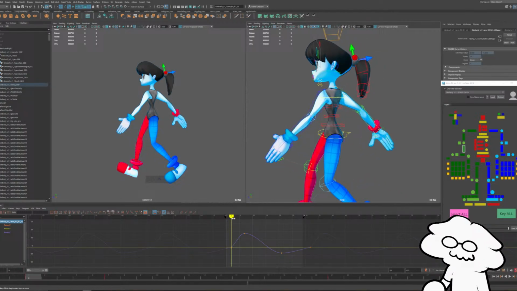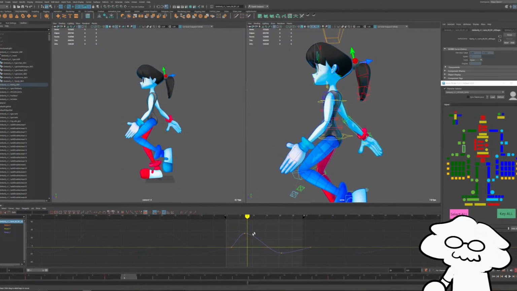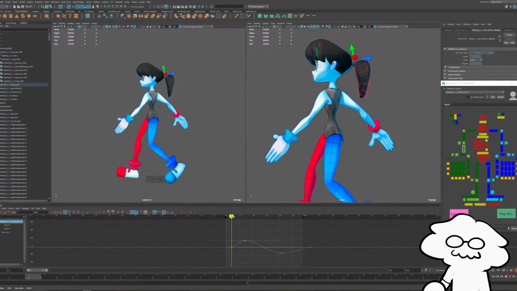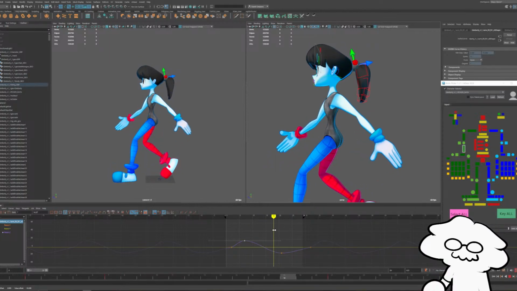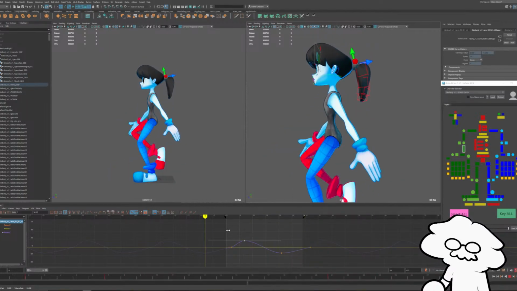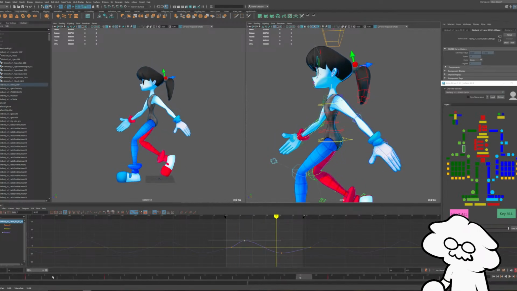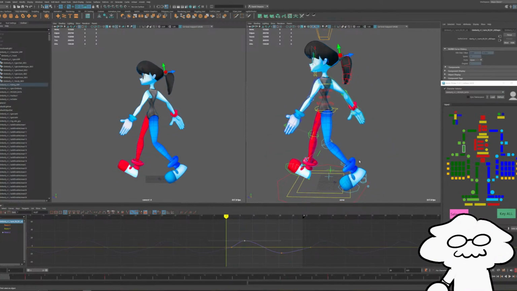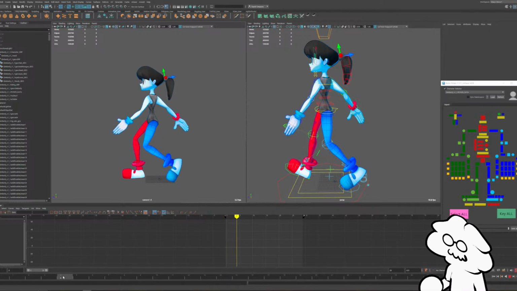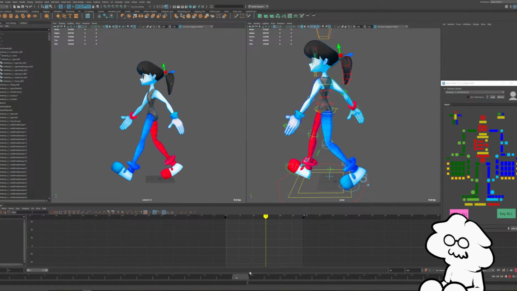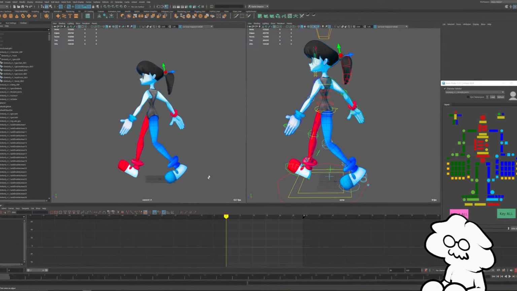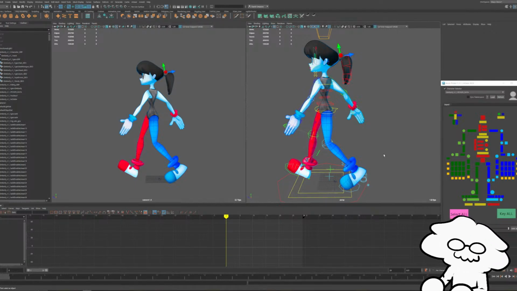So where was I? Oh yeah, I still have her funny arm movements here. So I'll drag it backwards, drag the forearms forwards, just like that. And we have a bit of delay in the arms, so it will just be a little more out of sync. The arms are a little more out of sync with the legs, just to make it a little bit more natural.